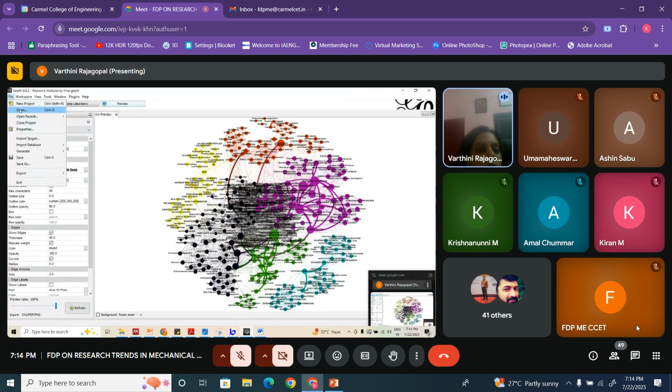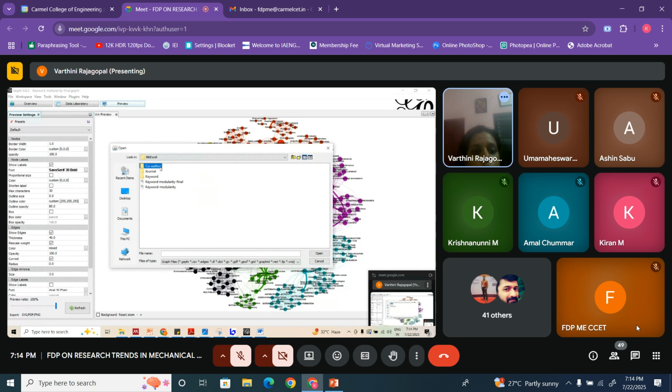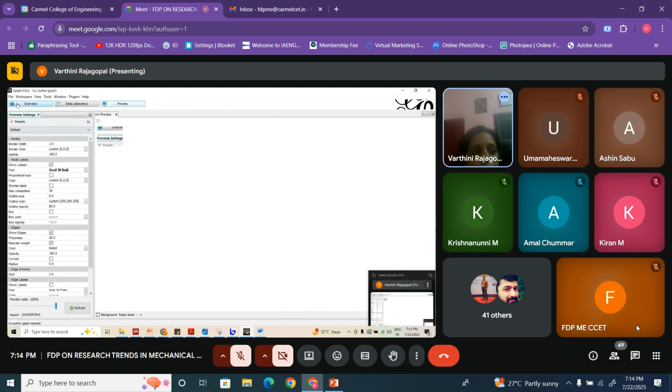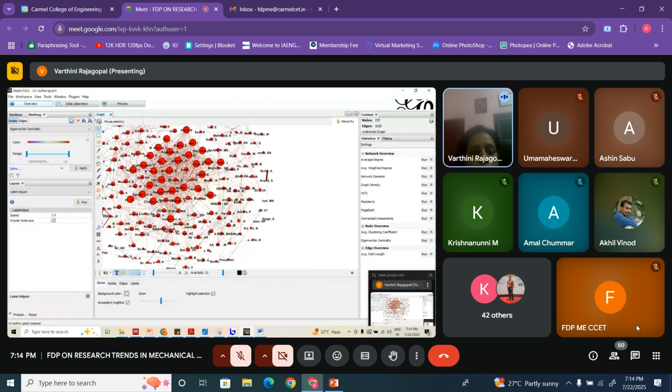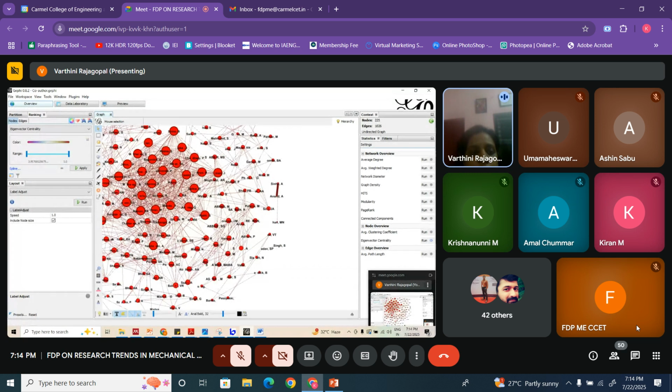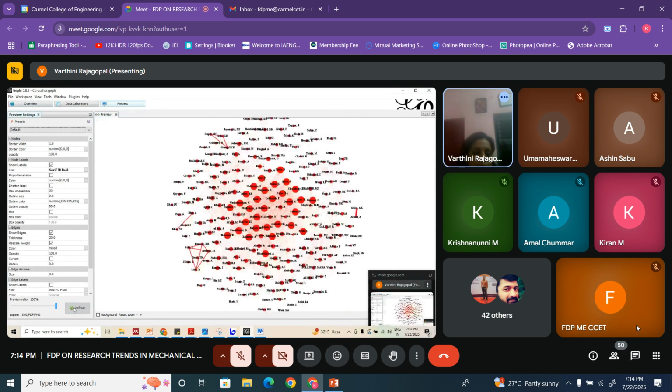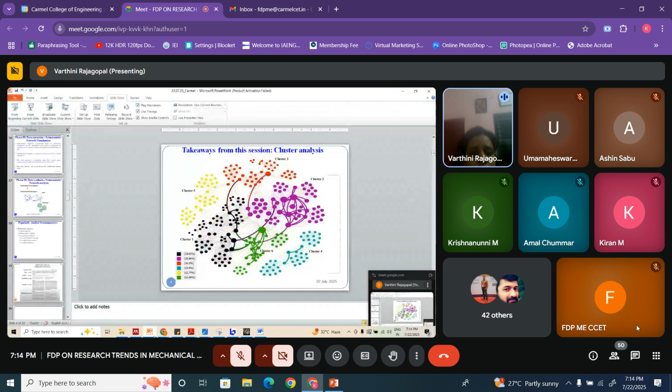Similarly, you can also see the keyword network analysis. Yeah, the first slide I showed, right? If you have conditioned the data and removed the outliers and everything, this is how it will look. So going back to my presentation,